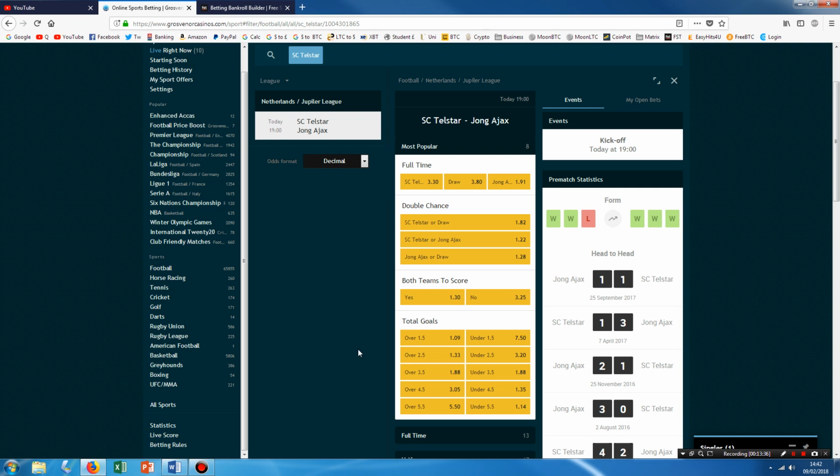So at this point, I'm going to have to decide what I want to do. Do I bet on both teams to score, or do I bet on the match goals? Because obviously the odds are low here at 1.09. Over 2.5 is an option. Okay, I'm going to bet on both teams to score,